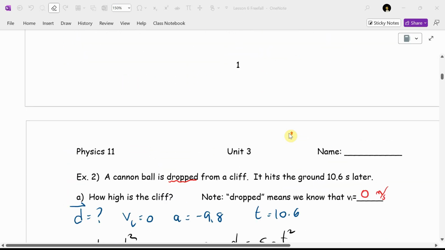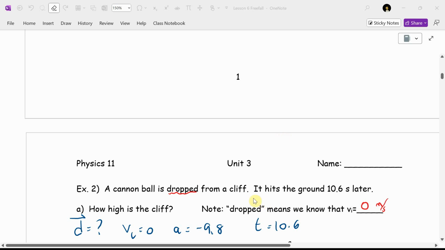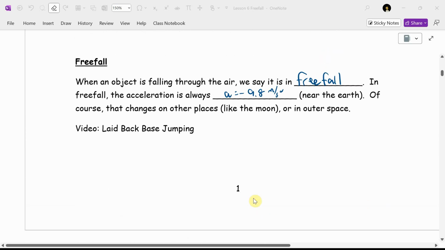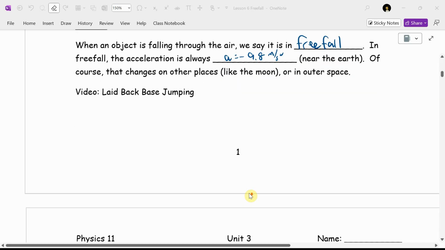Holy smokes. We said when you're in free fall, what that means, Maliko, is the only force acting on you starts with letter G and rhymes with gravity. What's the only force acting on you when you're in free fall? Starts with letter G and it rhymes with gravity. Yeah, I'm looking at you. Gravity. Okay? So if gravity is the only force acting on you, we're ignoring air resistance, then you are going